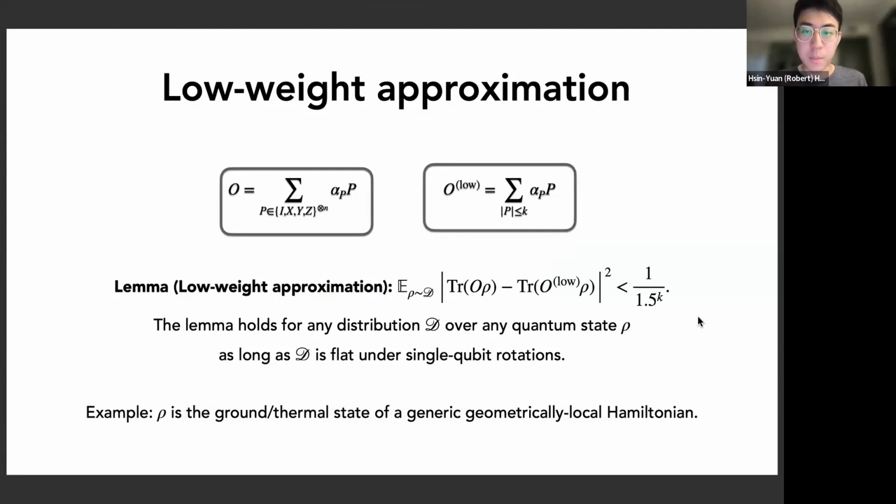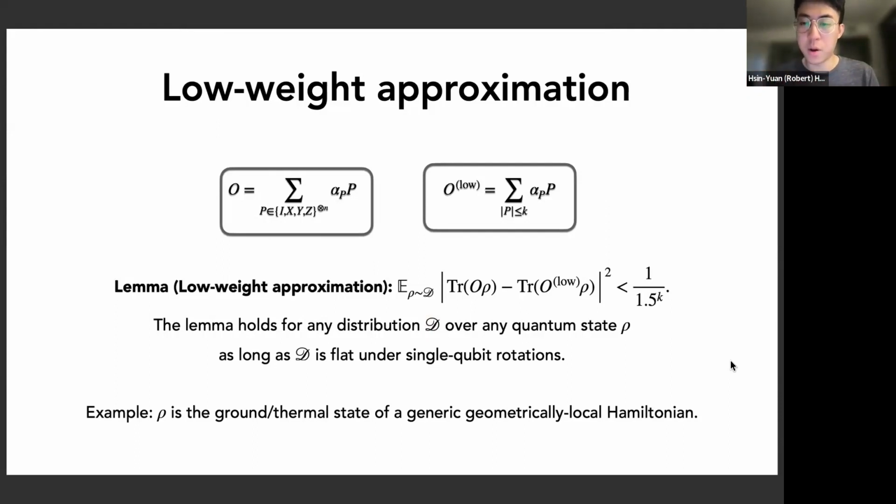Meaning that if there's a probability of sampling a state rho, and we perform a unitary, like a single-qubit unitary on one of the qubits, then that new state would also have an equal probability of being sampled. So for example, if we consider rho to be some ground state or thermal state of a generic geometrically local Hamiltonian, it would correspond to a distribution D. Essentially, we showed that for this more general class of states,